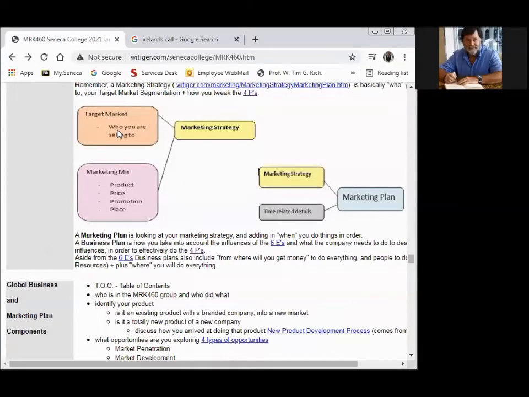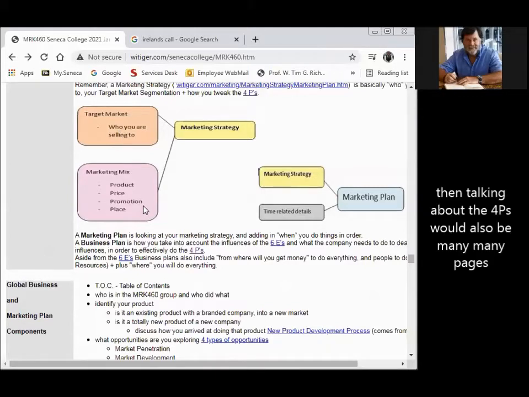I would have a pie circle showing the number of people that speak Spanish, the number of people that speak French in my target market area. I might have some maps saying where those people are living. I might have a statistics chart talking about the average age and the average household income. I could easily have 10, 15 pages talking about my target market, the people who I want to sell to, right? Then I talk about the marketing mix,